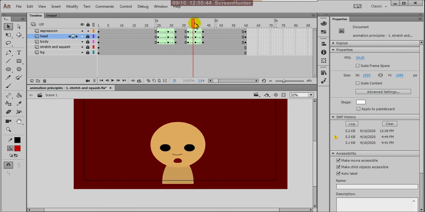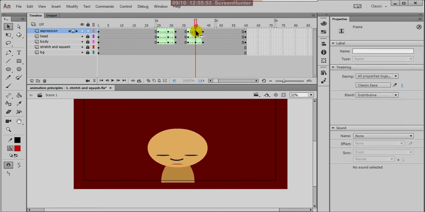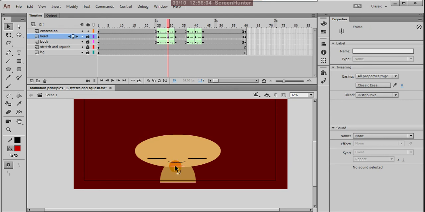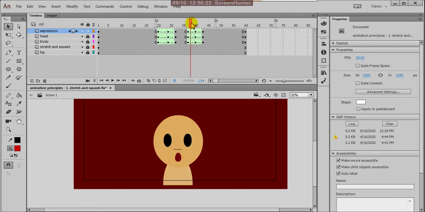We have to do the same for the eyes. Okay, so here the squashy eyes we applied, but not that much. As per your head size, here the head size is very wide, so your eyes are also wider, and the nose and the mouth. The same way, here the head position is this, so according to that size we stretch it this much only, so that between this and this your action is happening.